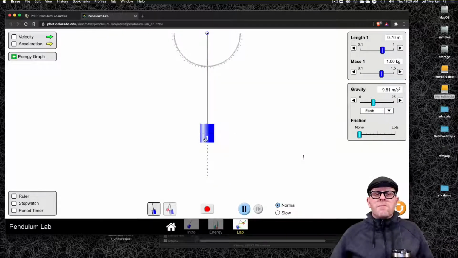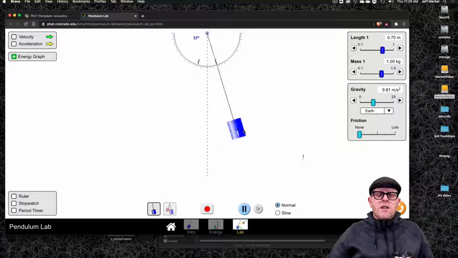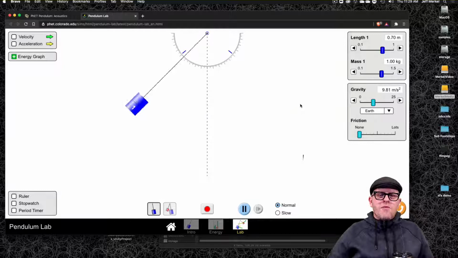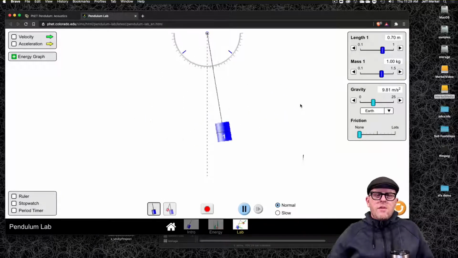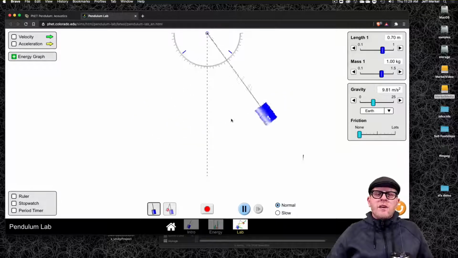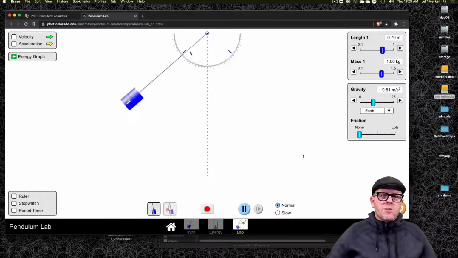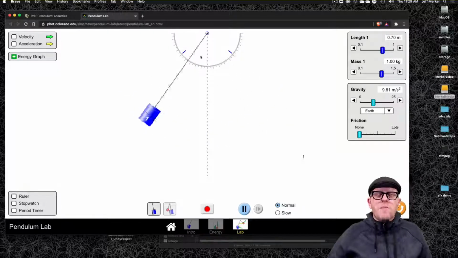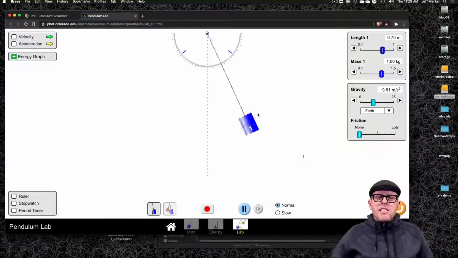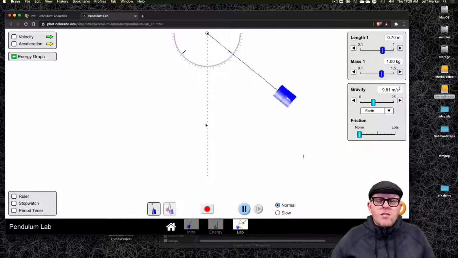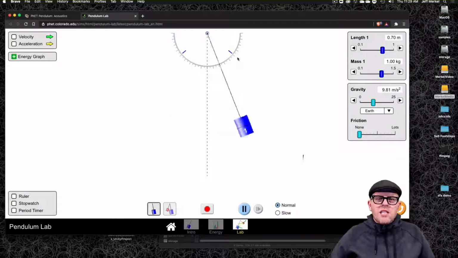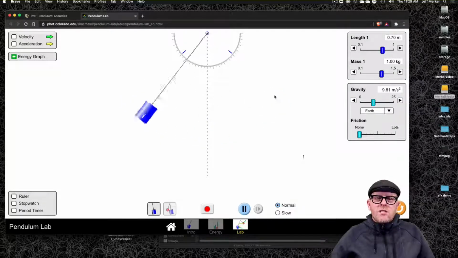So I've got a pendulum here. A pendulum works the same way. If I've got a string right here and I've got a mass on a string and I let this thing swing back and forth, we see that we have our equilibrium position defined by the blue line, and then we have our displacement by this one right here. This notion of displacement. These blue lines, these are the maximum displacement right here. And we can see that it's doing the same thing. It's moving fastest through the blue line,